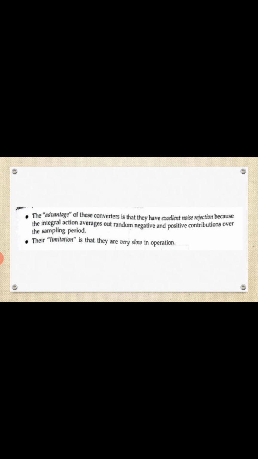Here the integrator works, and the fixed voltage is integrated for a fixed sample time. The integrated value is then discharged at a fixed rate, and the time taken to do this is measured by a counter. It goes from 0 up to the peak, the overflow, while the voltage is integrated for a fixed time. I repeat, the fixed voltage is integrated from 0 to overflow for a fixed sample time.